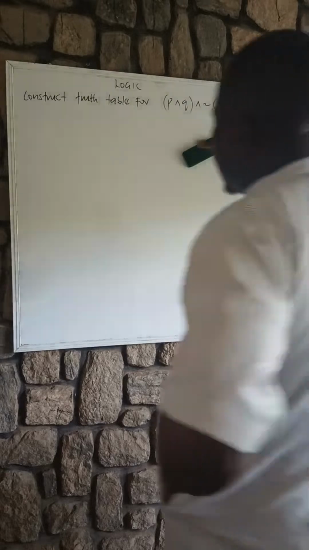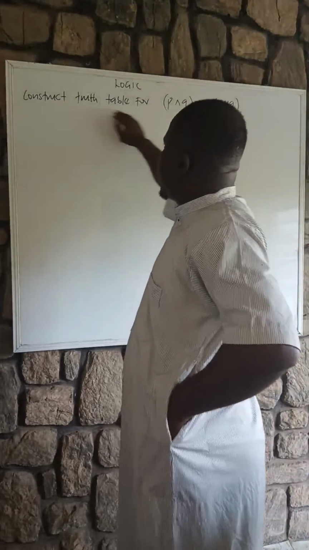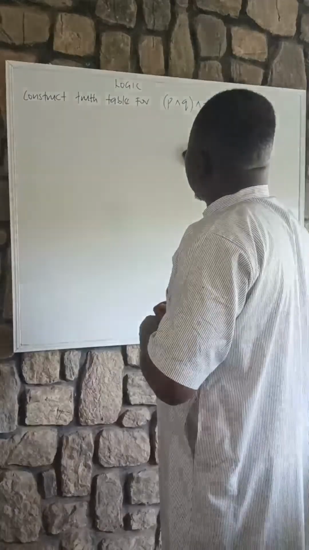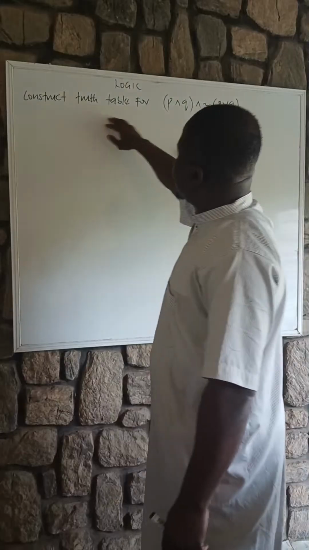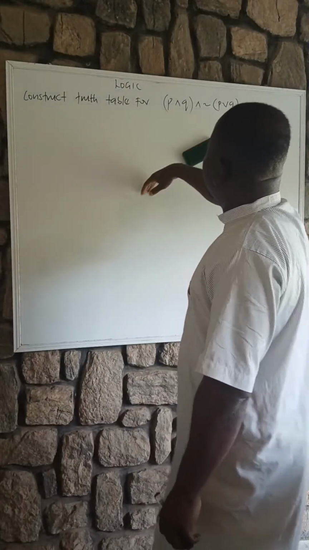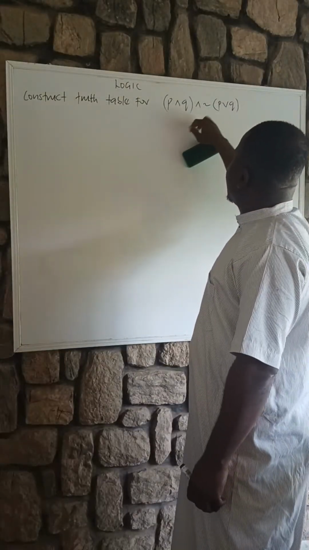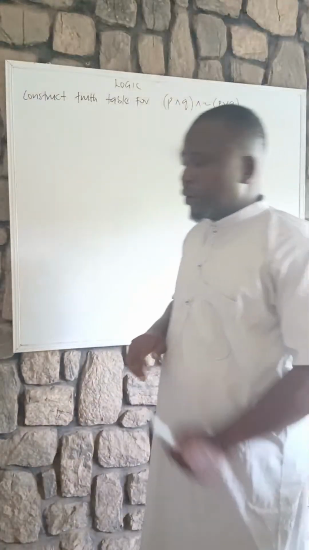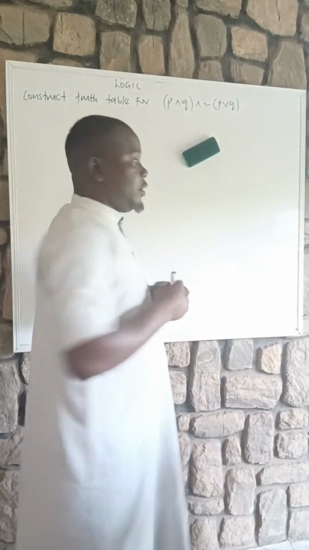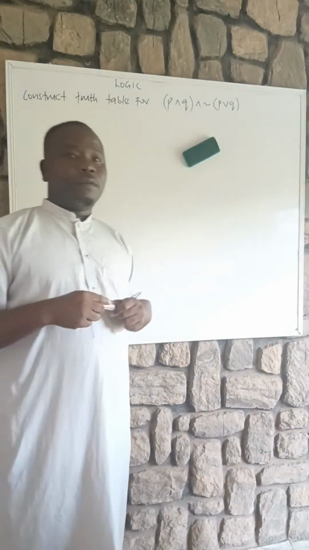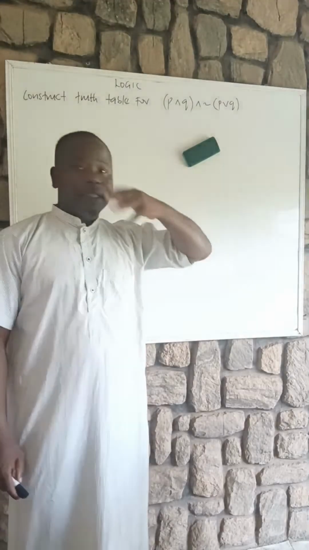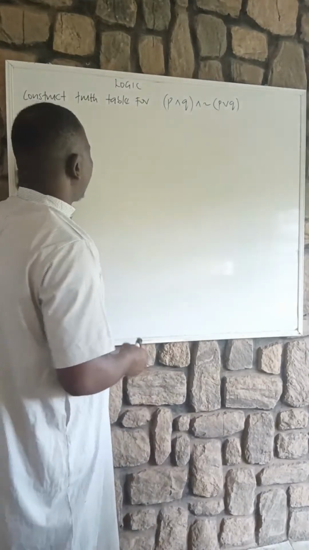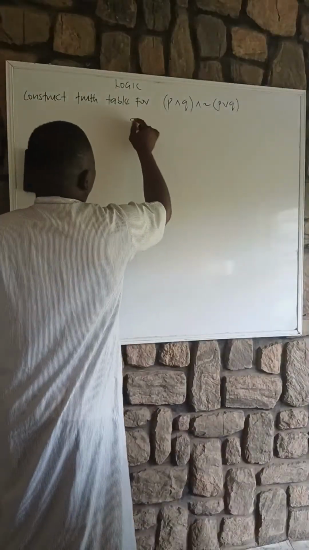Tonight, we'll be looking at how to construct a logical table, truth table. How can we construct a truth table for P disjunction Q, disjunction negation P conjunction Q? I know very well that some of you, this is your first time of seeing this in mathematics, but I'm going to break it down for you. Amen? Amen. Okay, so let us have a